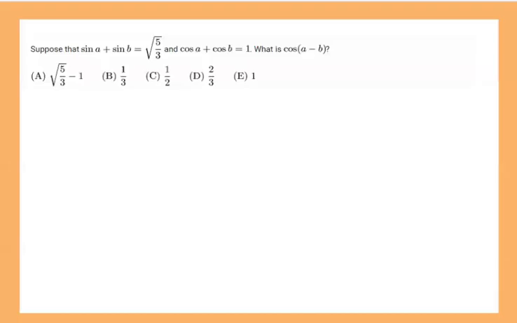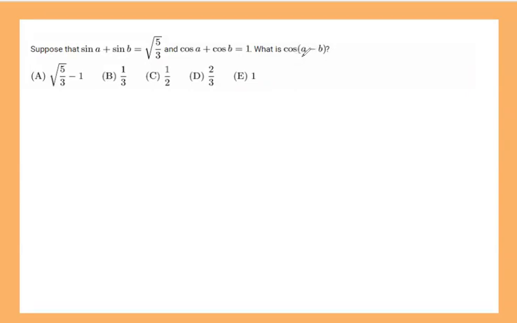Hello, everyone. So we have another AMC 12 problem. I guess this was number 17. We have the sum of sine A and sine B given, and the sum of cosine A and cosine B given. What we are looking for is the cosine of the difference of A and B. If you are familiar with the trig identities, this should remind you immediately of